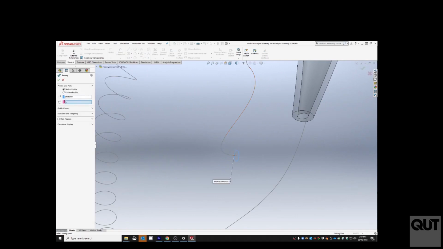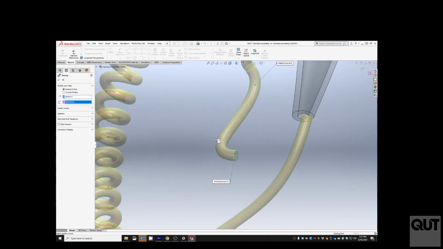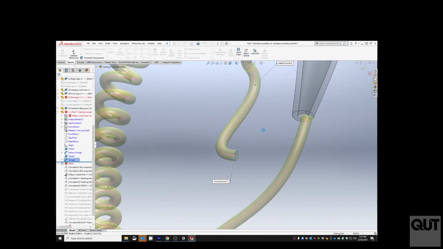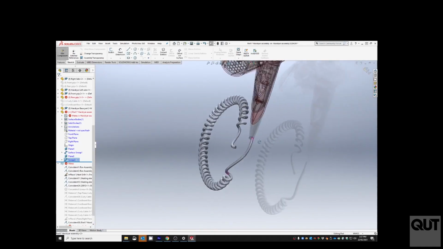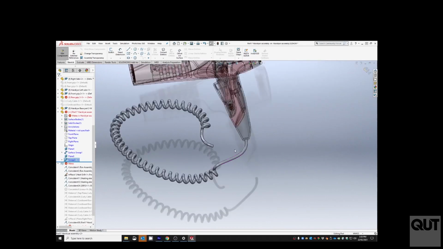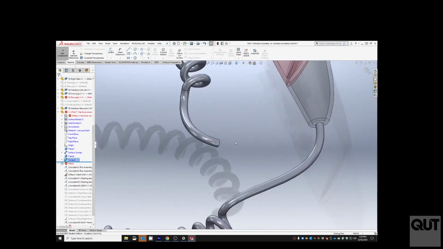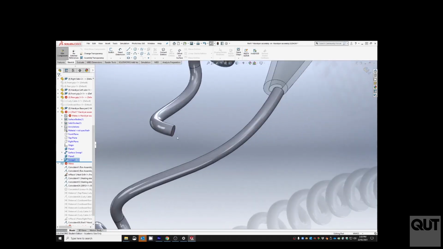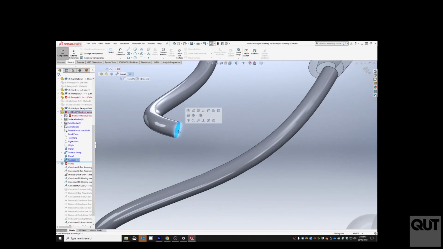So we've got a couple of options here, and that's the path that we want to sweep it along, and that's what it's going to look like. So there we have the curly cord. The only other thing we need to do is to create the plug that goes on the end, and that is relatively simple because we can